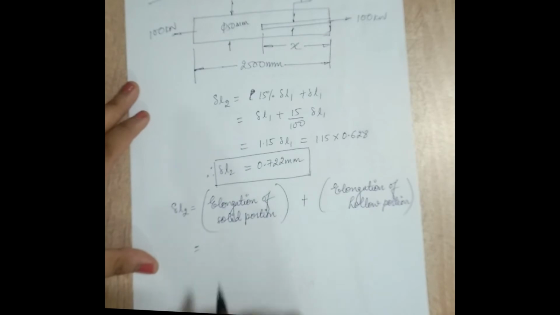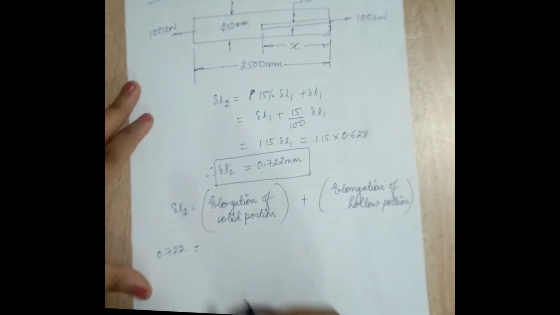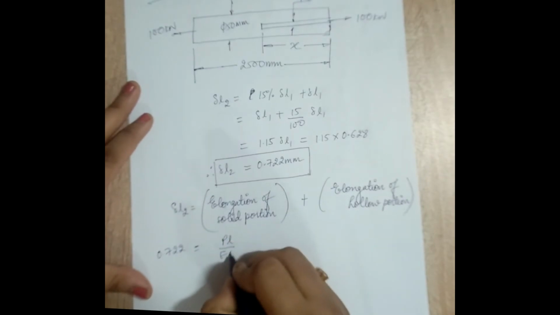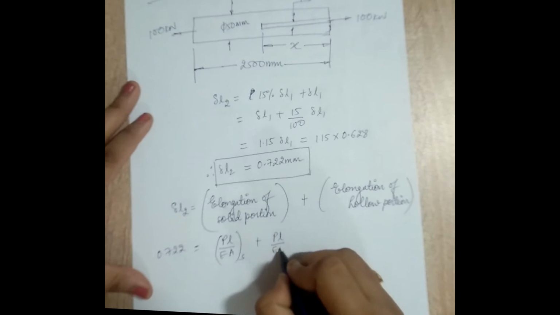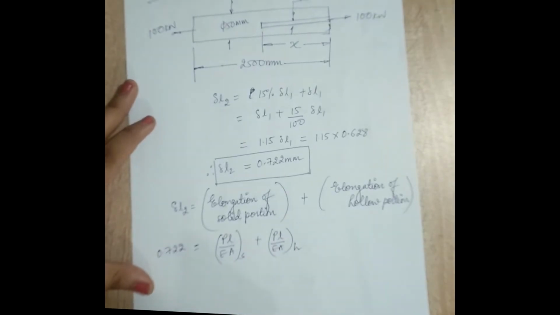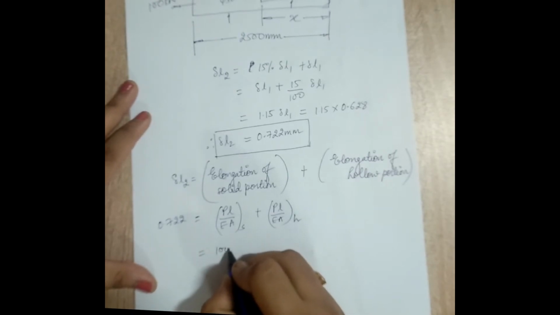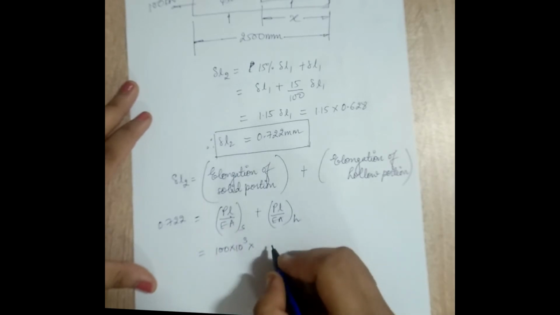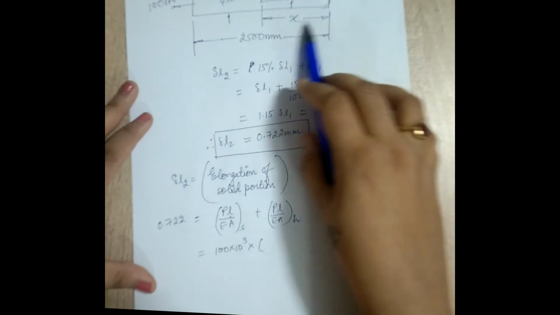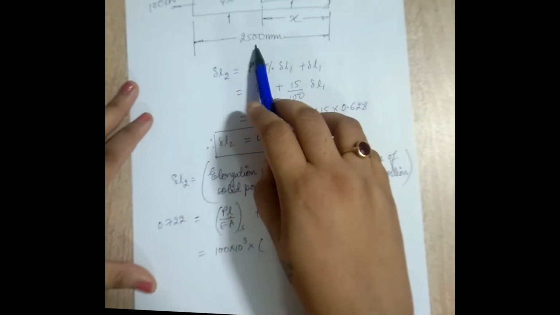For that, this value is 0.722. Elongation of solid portion will be PL by EA for solid plus PL by EA of hollow. This value of P is common, 100 into 10 raised to 3. The value of length for the solid portion is going to be, okay, now let's observe. If the value of L for hollow portion is x, the value for the solid portion will be 2500 minus x